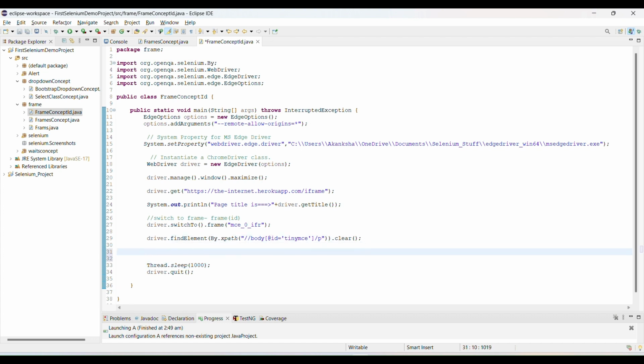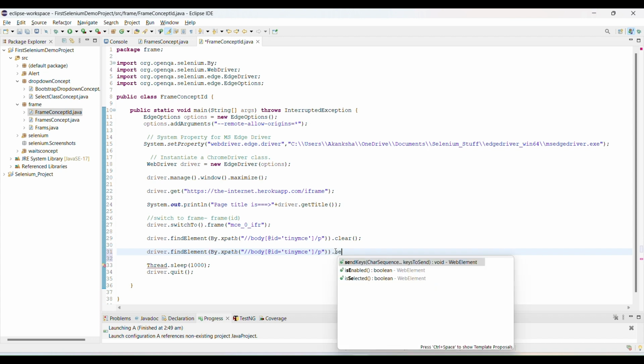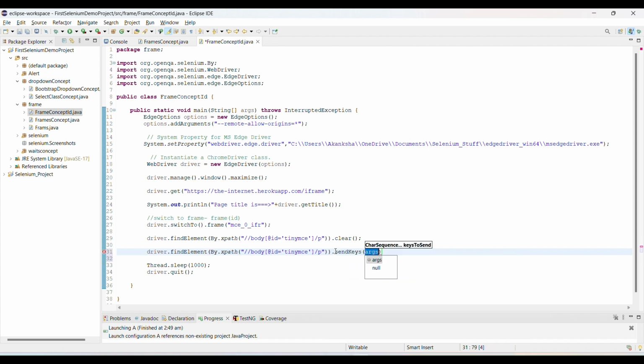So I want to enter my name inside this paragraph field. So simple, I'm going to use the same command here again, right? Because we are entering inside the paragraph, right? But I am not going to use the clear method here because I don't want to clear, right? Simple, I am going to use sendKeys. To enter any value we use sendKeys, right? So I am going to provide here my channel name, the automation hub, right? So this is my channel name, I am going to provide inside this.